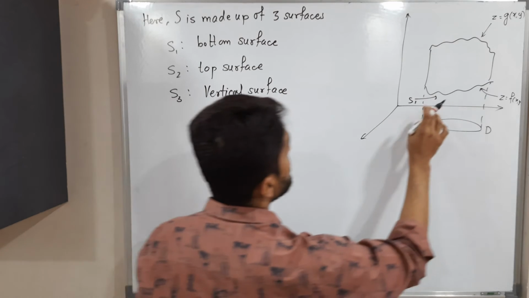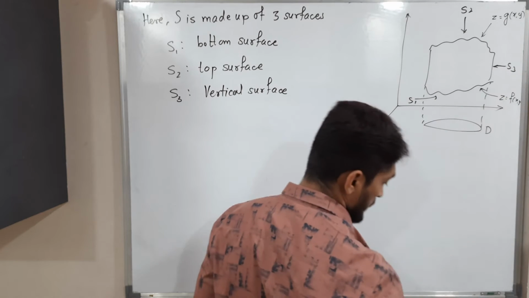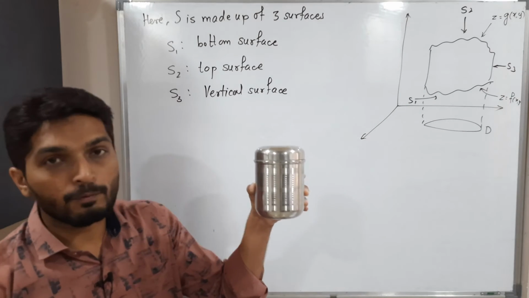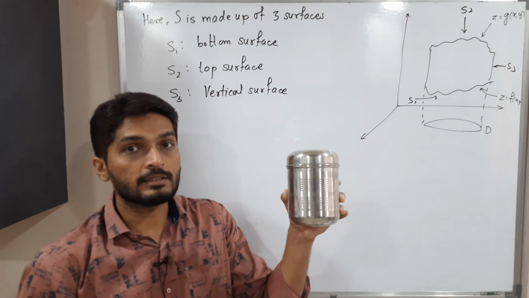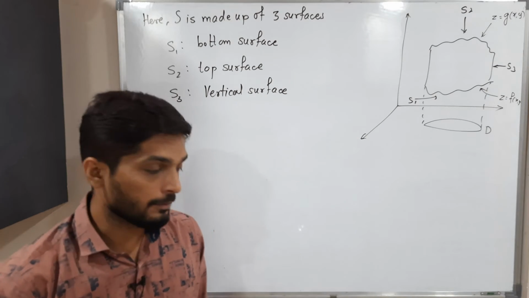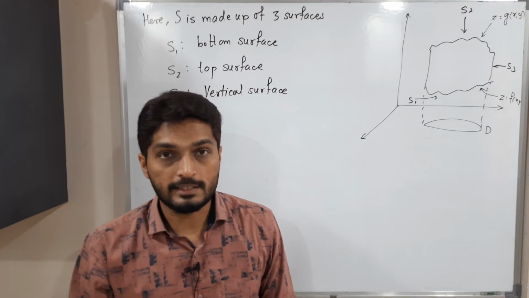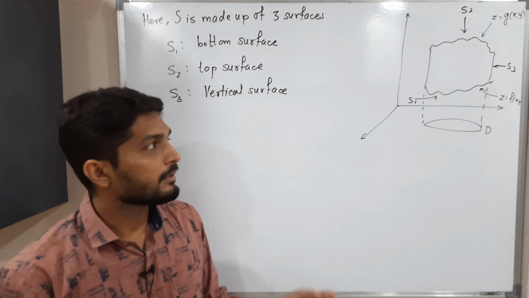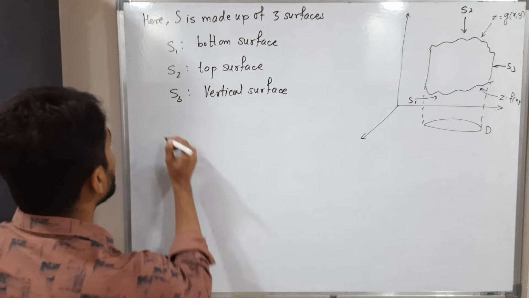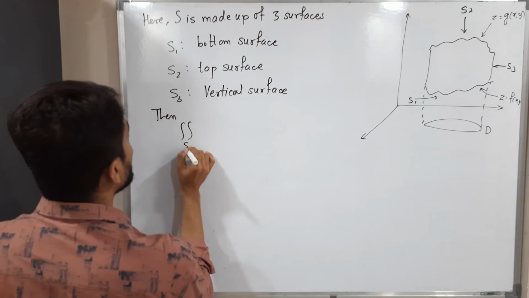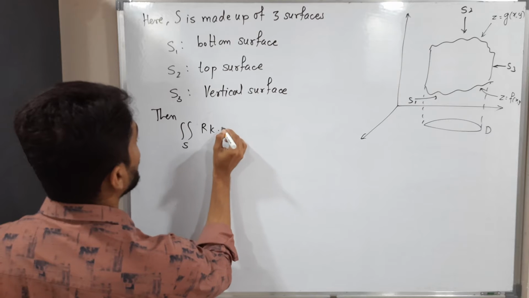Let me show it here. So this is S1. At the top we have a surface, that is S2, and this is the vertical surface S3. So if you consider this object, obviously it is made up of 3 surfaces. At the top we have S2, at the bottom we have S1, and this is a vertical surface, S3. In some cases there will not be S3. If you have a sphere, there is no vertical surface, getting? So no need to consider S3, but in general we can divide this surface S in 3 parts, S1, S2 and S3. Then we can write, double integration over S, we were talking about that R k dot n cap